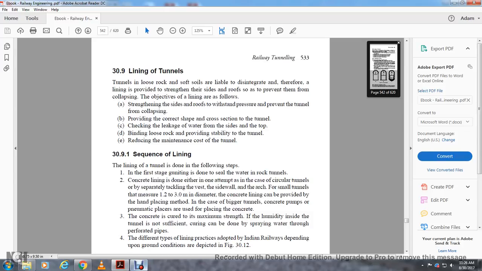Sequence of lining. Lining of the tunnel is done by the following steps. In the first stage, guniting is done to seal the water in the rock tunnels. Concrete lining is done either in one attempt, or for circular tunnels it is separated, tackling the invert and side walls through arcs. For small tunnels, of 1.2 to 3 meters diameter,